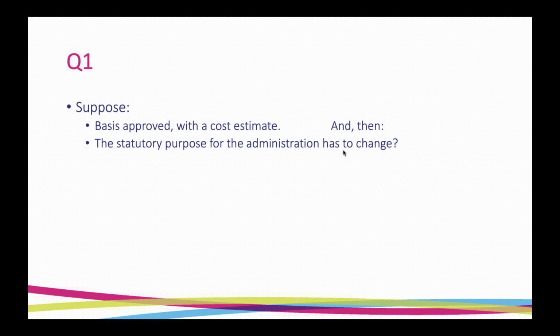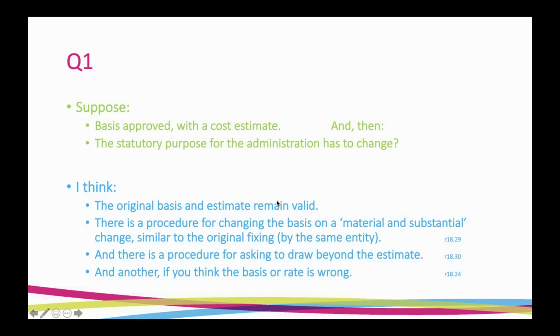So perhaps you have a buyer who comes up for whom the only way that paying a spectacularly good purchase price is going to work would be if you were to exit through a CVA, and that's not covered by the statutory purpose that you've got. You're now perhaps looking at payment in full. Whatever the reason might be, you've now got a new statutory purpose for the administration. The nice thing about having questions in advance is I have time to think about them.